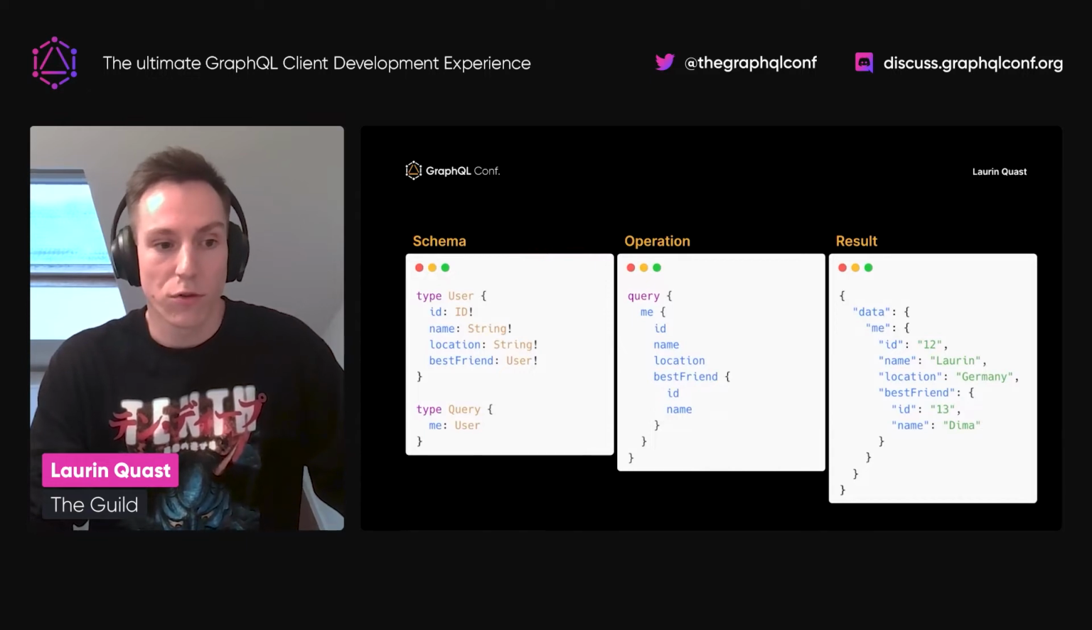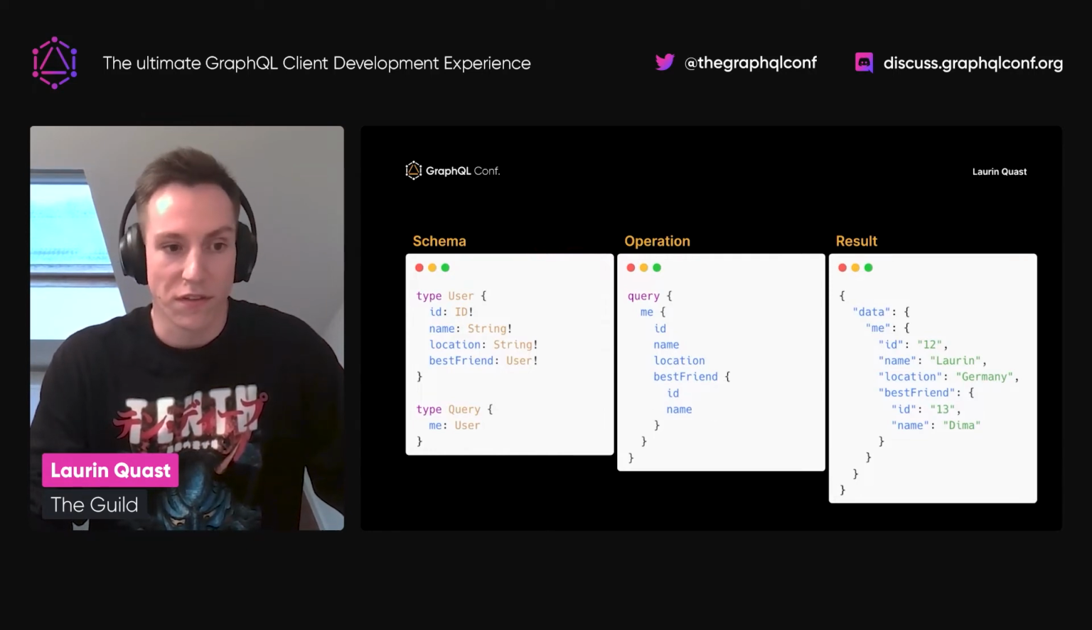And then what we're also doing is selecting a relation, which is the best friend. And on that user type, we only select the ID and name, because maybe the view that we are building only needs those properties to work. So there is no need to fetch all properties available on the user for our best friend